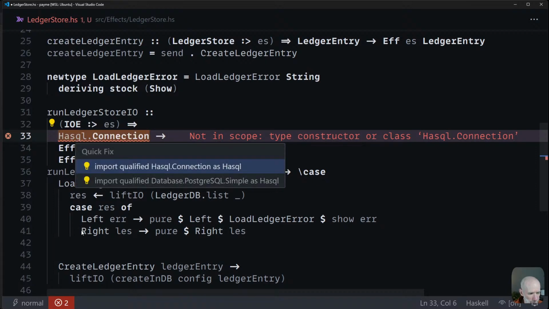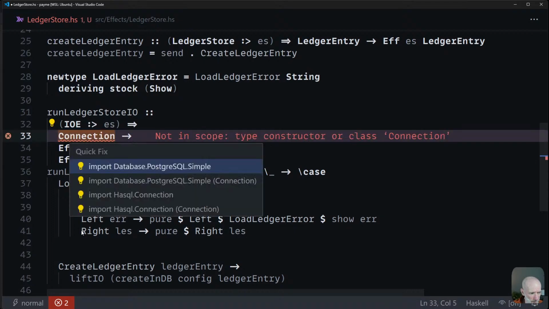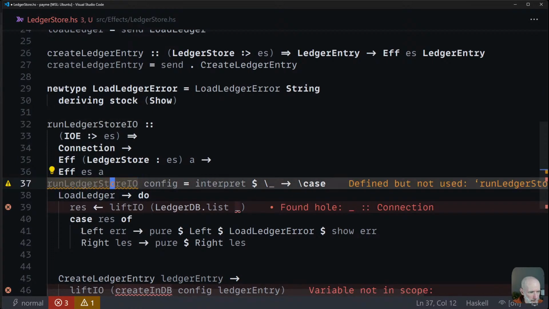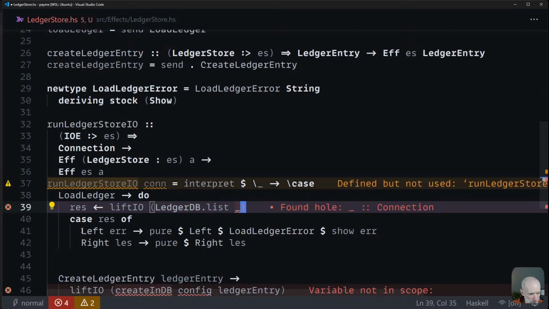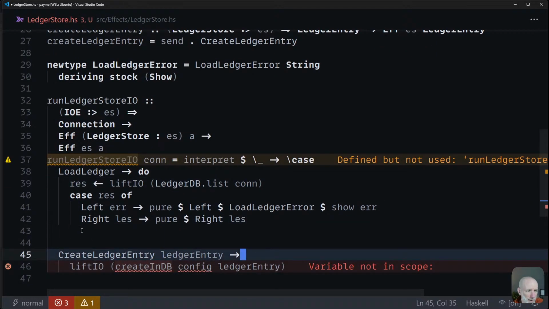Insert qualify Haskell connections hasql. Let me just actually import that type directly. Okay, so now it's not a config, but a connection, and that's what I'm going to pass in here. Okay, so that should be enough to load ledger entries. And now to create one,